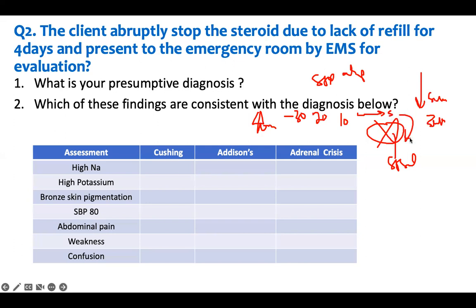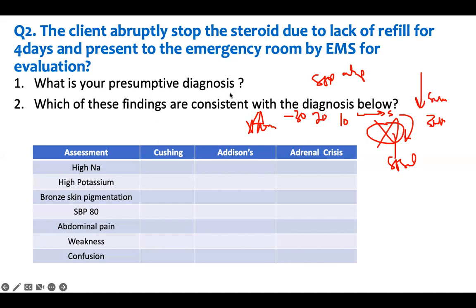So that's taper. You're telling the adrenal gland, hey, you got to wake up and make more steroid because I'm not taking you extra steroid anymore. If you stop right away at 40, your adrenal gland is dead. You need to wake up. It's sleeping. It will take a long time to wake up. So you get sick. So these patients stop their medication right away and therefore they are in trouble.